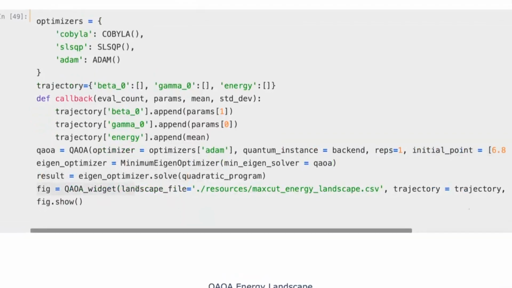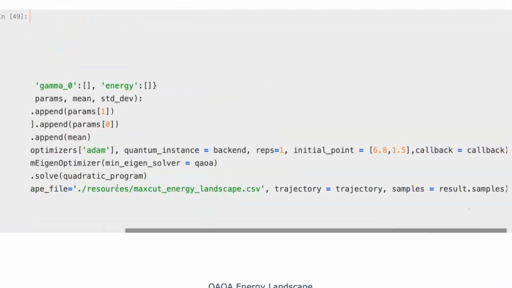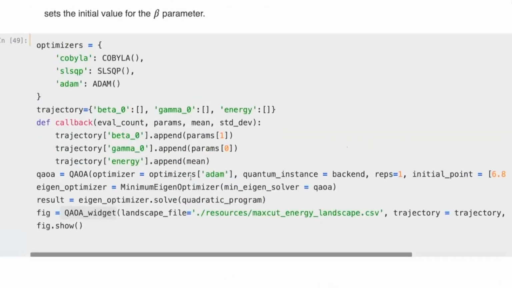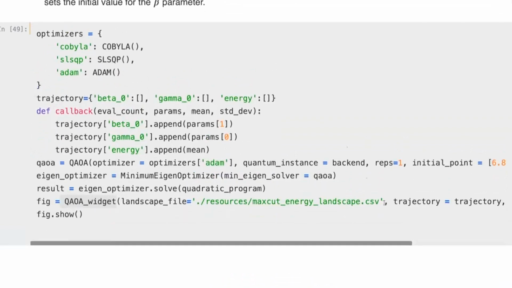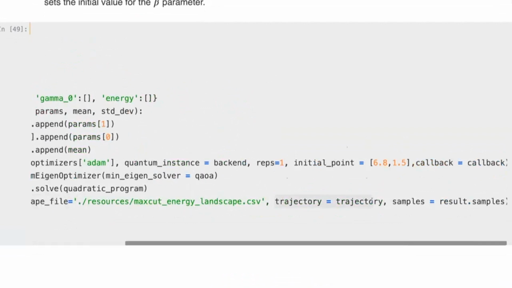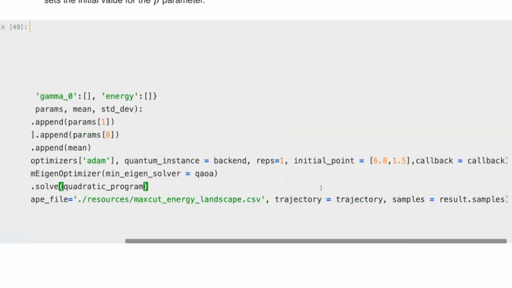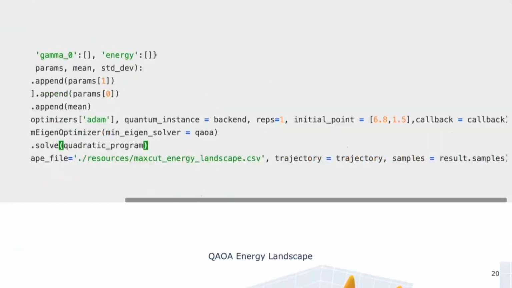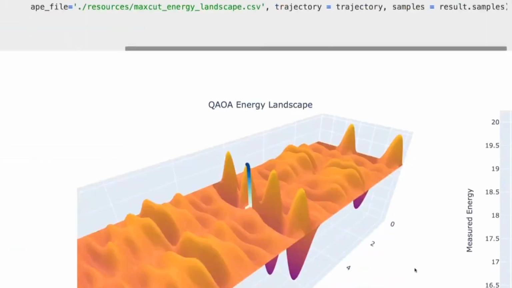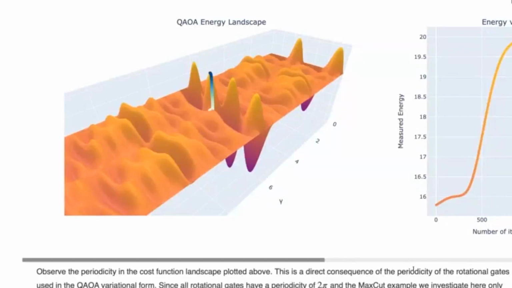Then we can use this method, QAOA widget, to plot the energy landscape of the corresponding problem, which is still the MaxCut problem that we've defined above, together with the trajectory of our optimization. In total, it should look something like this. Let me just zoom out so we can see the full widget here.